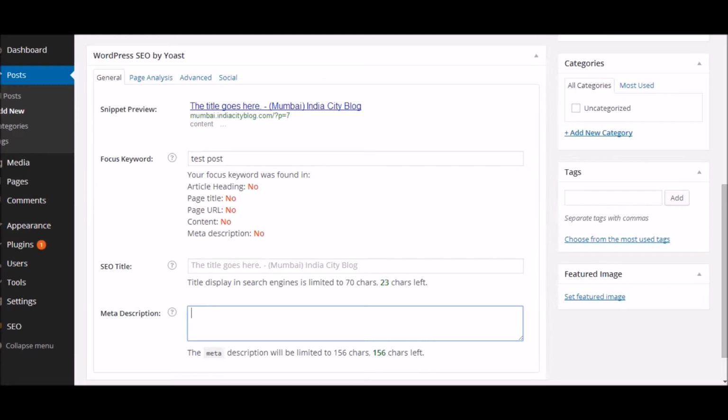Description, again, as I told, you have 70 characters for the title, and you have 156 characters for the meta description. So in these 156 characters, you need to explain what the post is all about. So again, it's a test post, so I'll just write this is a test post.